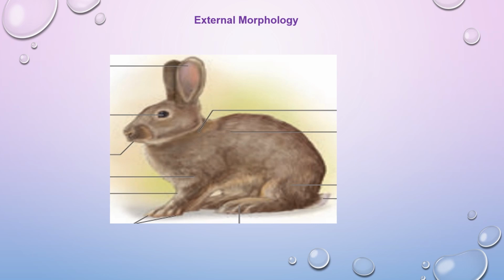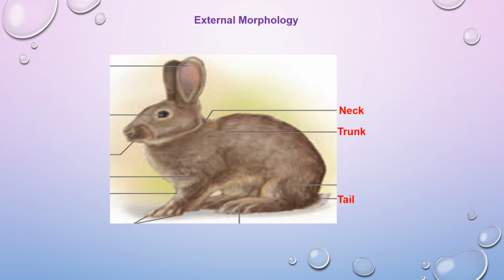Next topic, body division. The body is divided into four parts: head, neck, trunk and tail. Head you know, neck you know, trunk means the body, the full body is called trunk. Then the last one is tail. First we are going to see the head. Head is ovoid in shape.